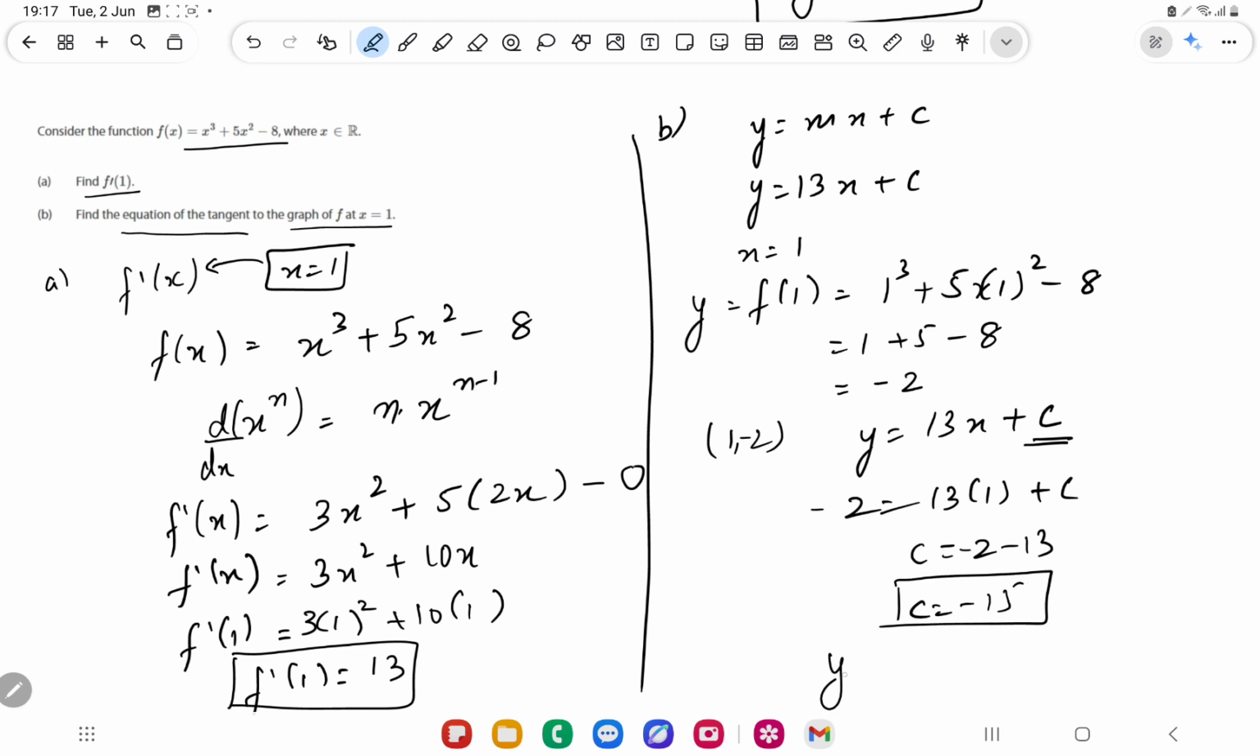It means my equation of the tangent will be 13x minus 15. So this is the answer. Now let's understand